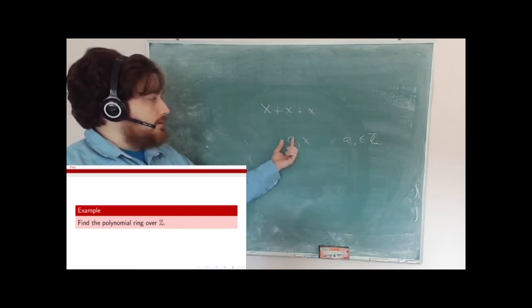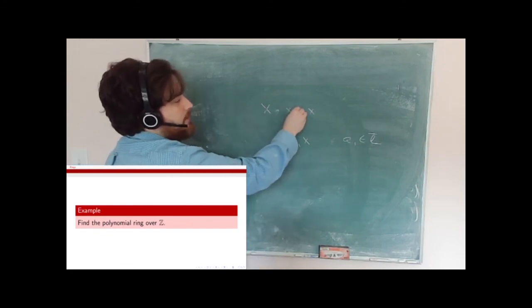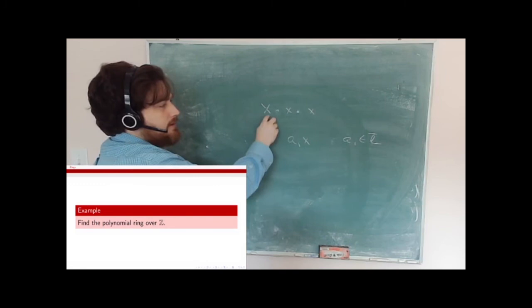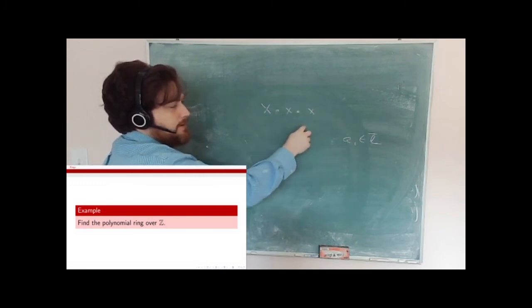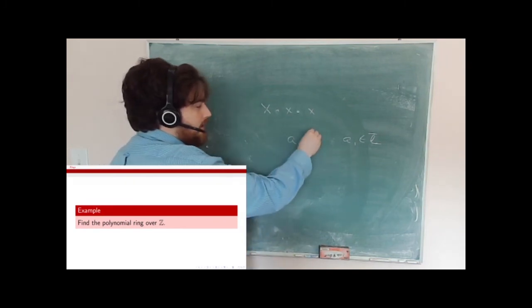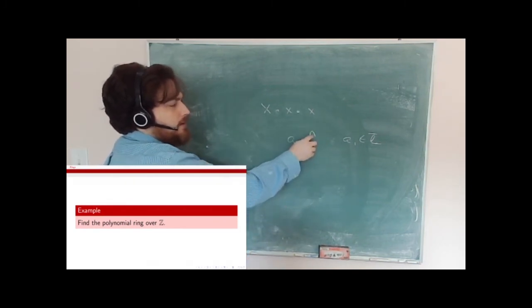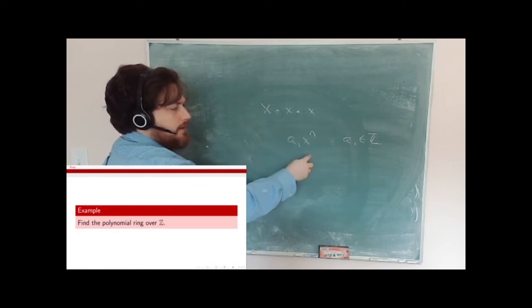Also, if I move on and say multiplication, well, I'm closing under multiplication, so I get x times x is x squared, times x is x cubed, times x is x to the fourth, and so really I get anything of the form x to the n, for any n,